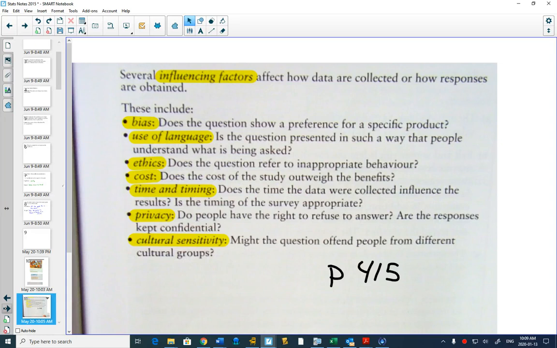No. So the language that you use in a question can affect which one do you like, right? If I want to ask, what do you like better, Tim Hortons coffee or McDonald's coffee, right? That is perfectly unbiased between the two of them. If I say instead, what do you like better, savory Tim Hortons coffee or bland McDonald's coffee? All of a sudden I made one better than the other, and that language creates a bias.